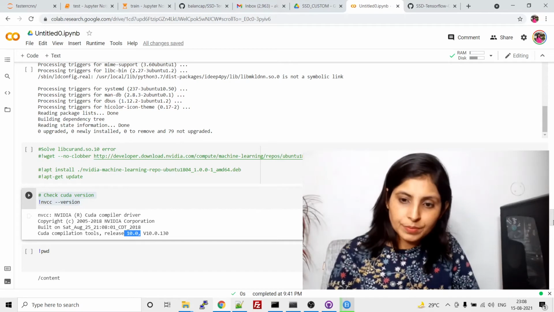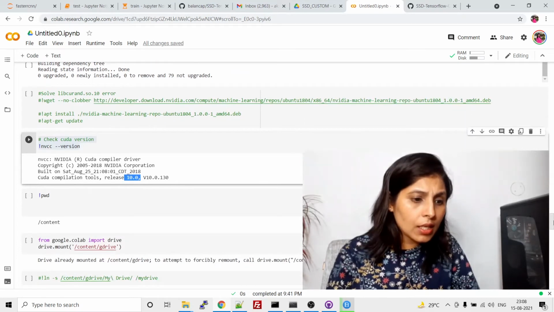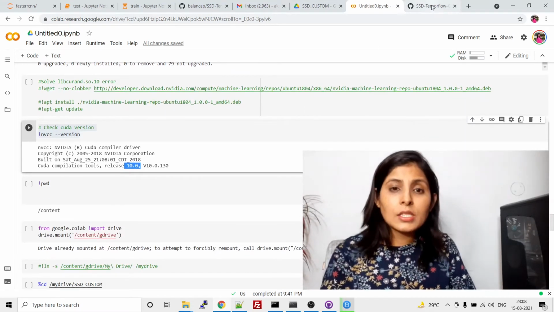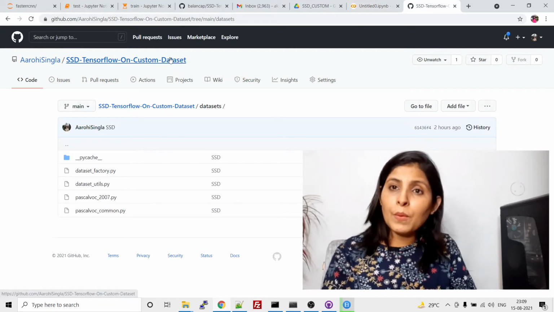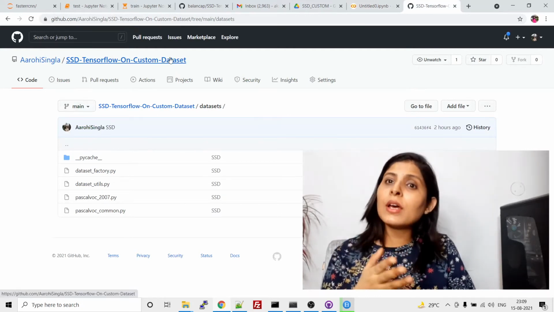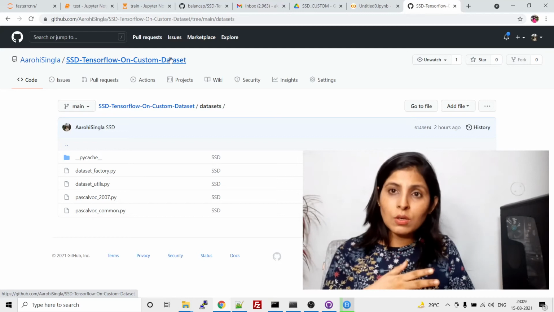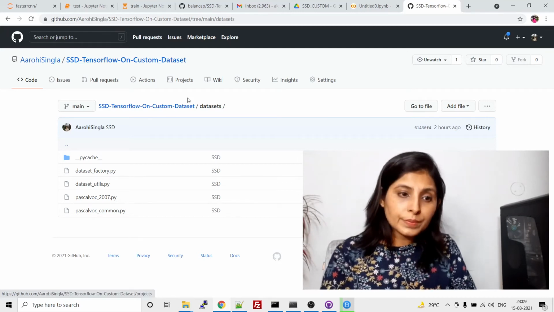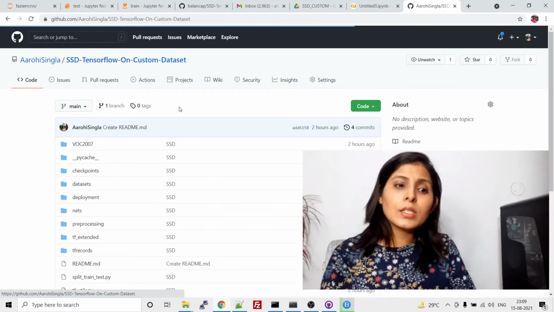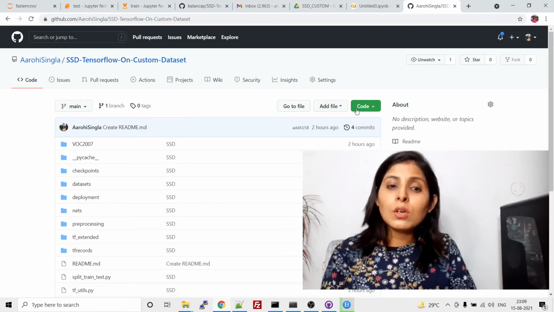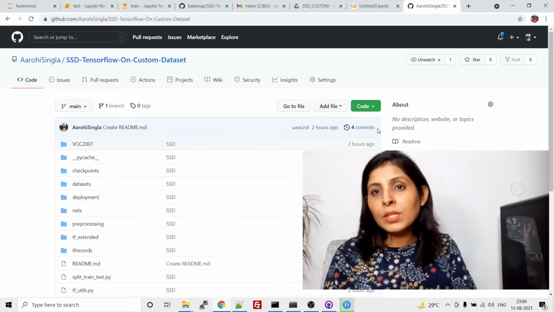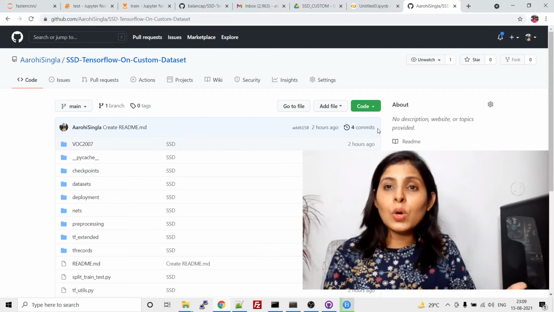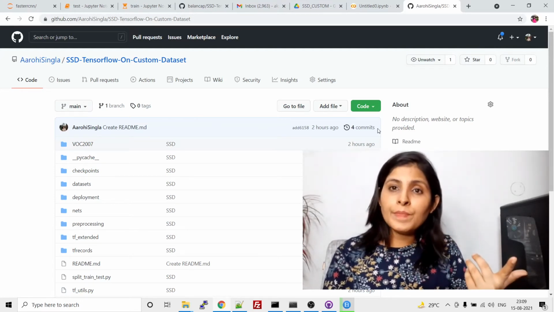Now the next thing is this GitHub repo, which we discussed in our previous class on SSD also. What you need to do is clone this, copy this whole repo to your Google Drive.